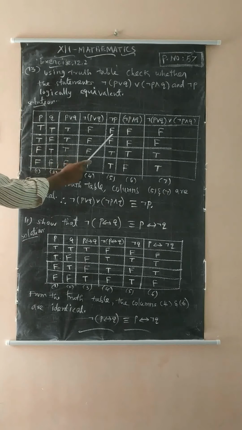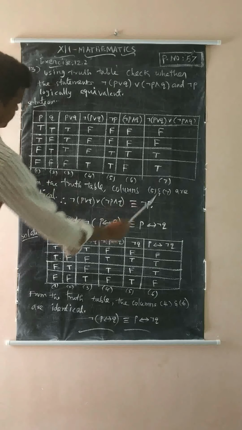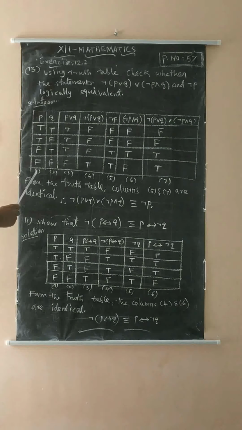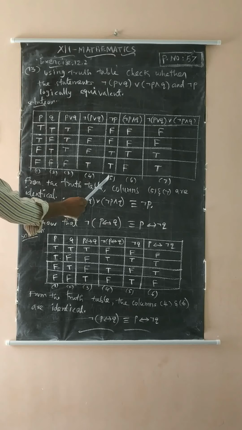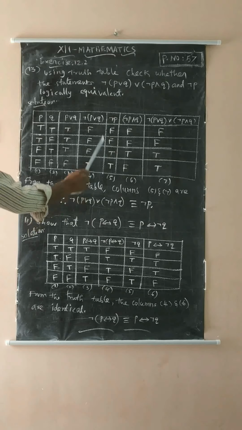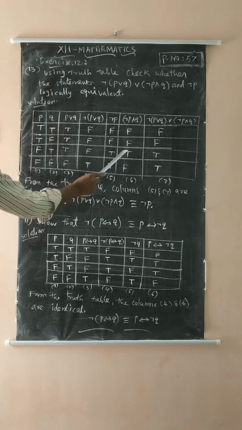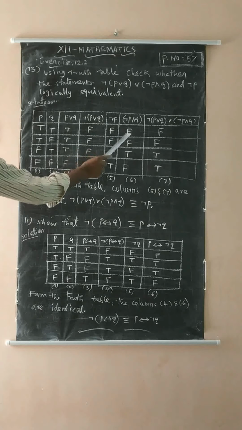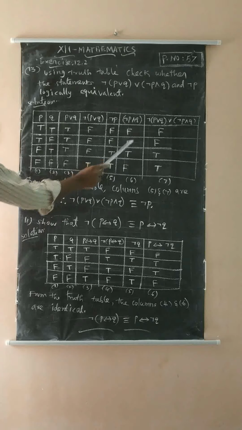Next we see negation P and Q. First number the columns 1, 2, 3, 4, 5, 6, 7. Read this: we take column 1 and column 5 through the AND statement. If both are true, the AND statement is true, otherwise false. Now see negation P and Q. Here both are true. Here not satisfied, here also not satisfied. So only this one is true, the rest are false.